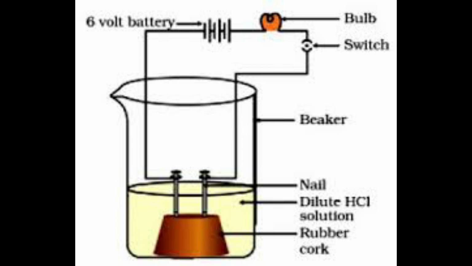So is an alcoholic solution helping us conduct electricity? No. The alcohol solution in water does not conduct electricity, because of which the bulb just does not glow. Now let us take a different solution. Let us take glucose. Now this glucose solution is placed inside the beaker, and now the switch is turned on. We will observe that even the glucose solution in water will not conduct electricity, because of which the bulb will not glow. Now we take an acidic solution and place it inside the beaker.